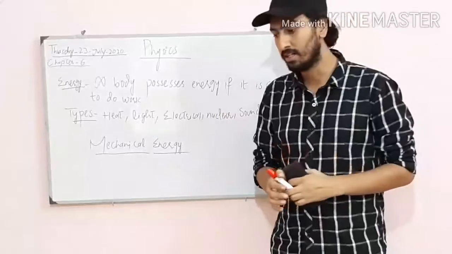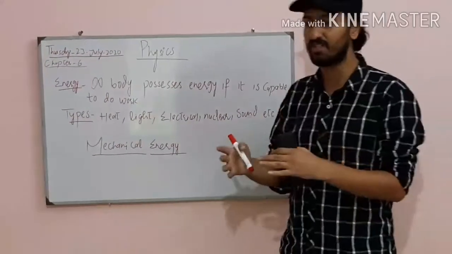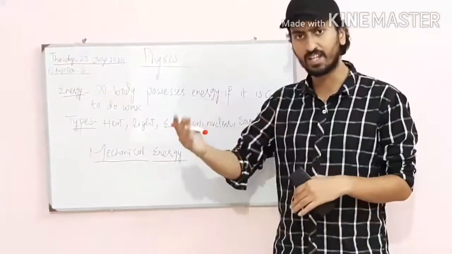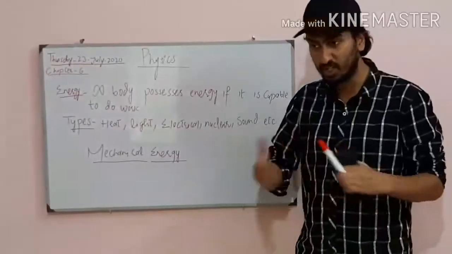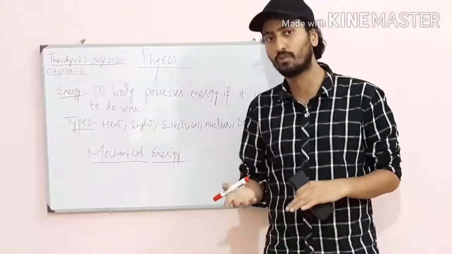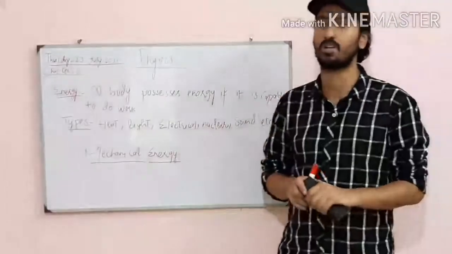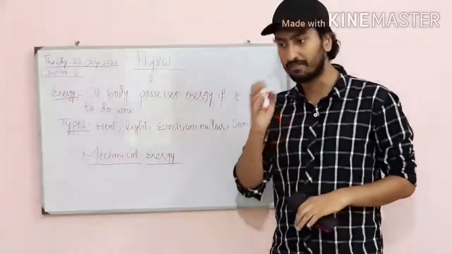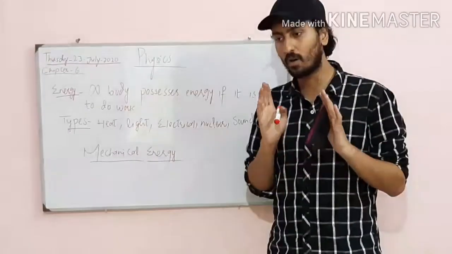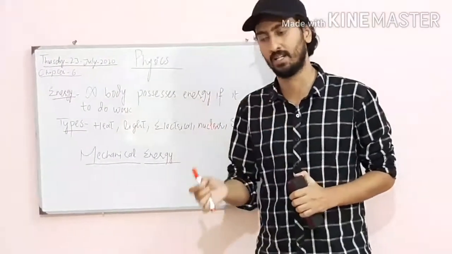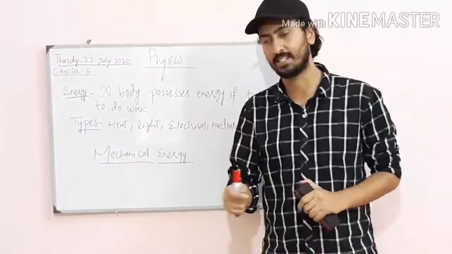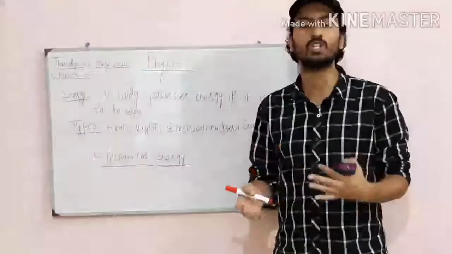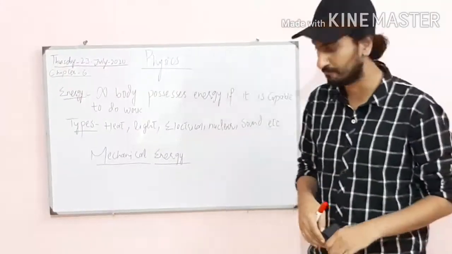under consideration. For example, if I am considering the mass of 5 kg and I also have to consider the mass of 10 kg or 15 kg, in that case, if we are changing the value of the mass, mass is an important factor as far as work is concerned. But generally, mass does not factor in the equation of work. Work only depends upon force and displacement. W is equal to F into S. F is force and S is displacement. Mass is only a factor when we are changing the values of the mass under consideration.